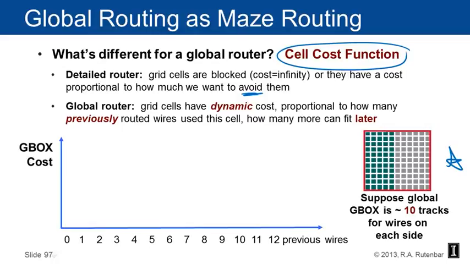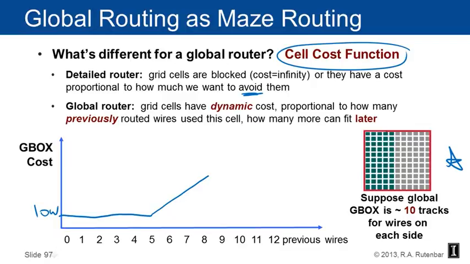Okay, and the way a very simple G-box might have a cost is that, out to maybe 5 wires going through the G-box, the cost is low. It's whatever the appropriate version of 1 is in this router. But as soon as you start putting more wires through, it starts to get more expensive. And the idea is, I don't want to allow the router to try to put more wires in here than